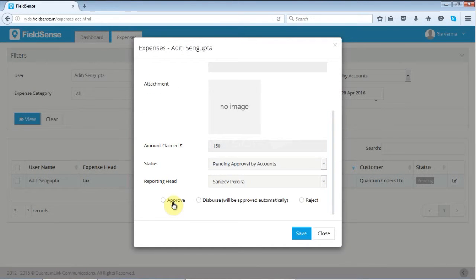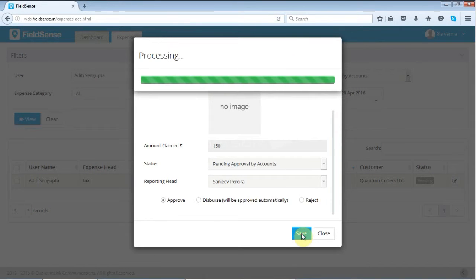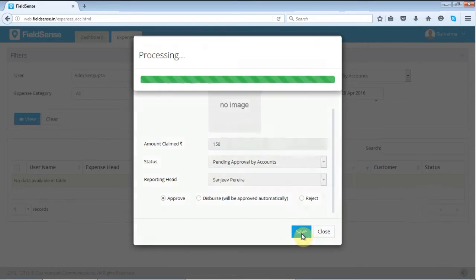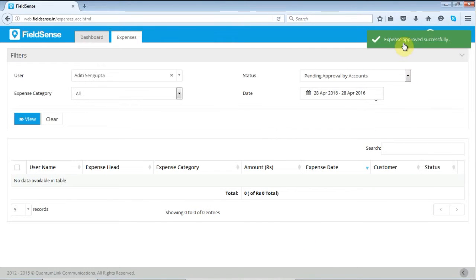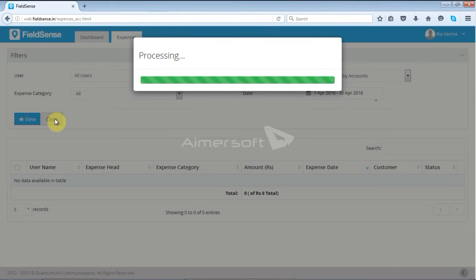Now here you have the options: approve, disburse, that is it will be approved automatically, or reject. Here I'll click on approve and click on save. You can see that the expense has been approved successfully by the accounts team. Now let's clear it again and check what it comes under in my approved status for that particular user.